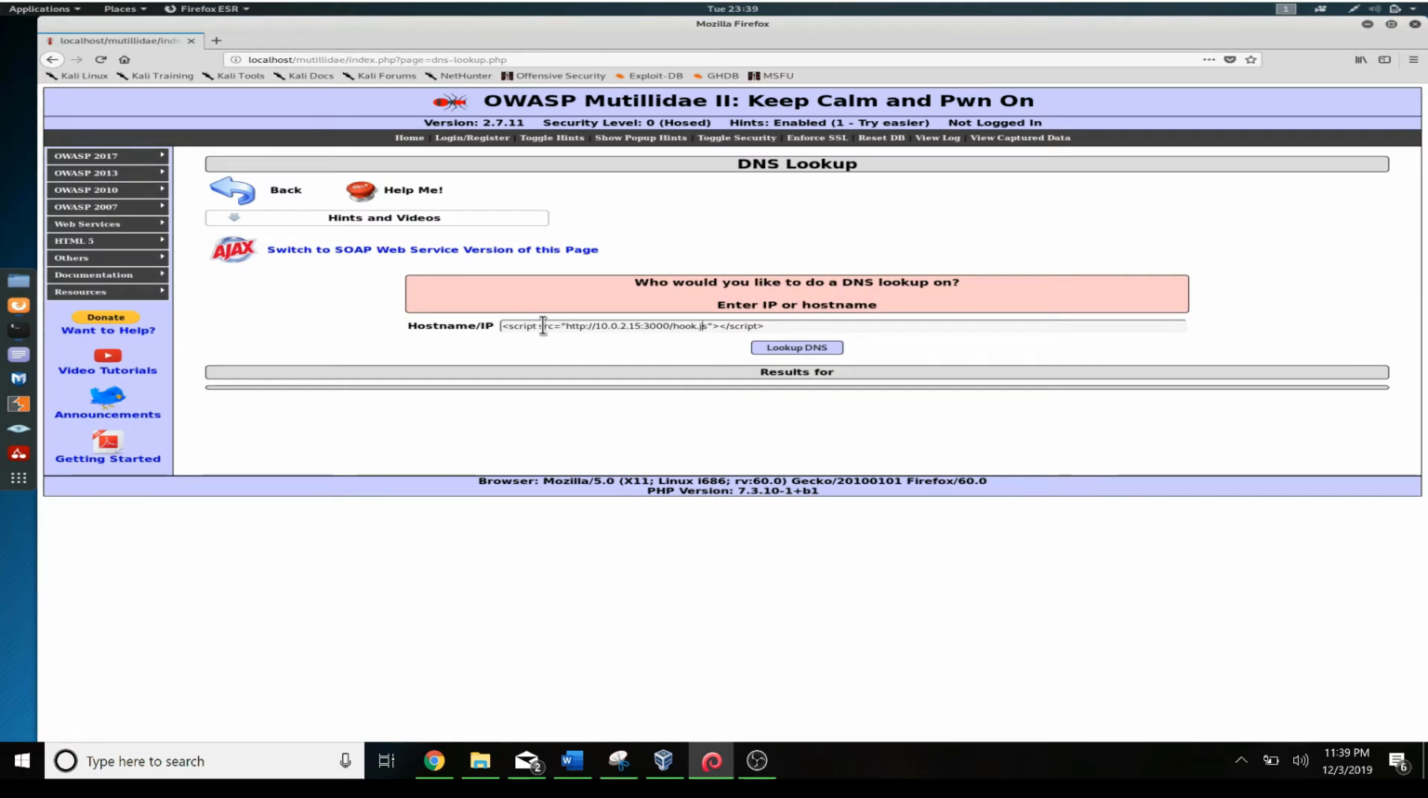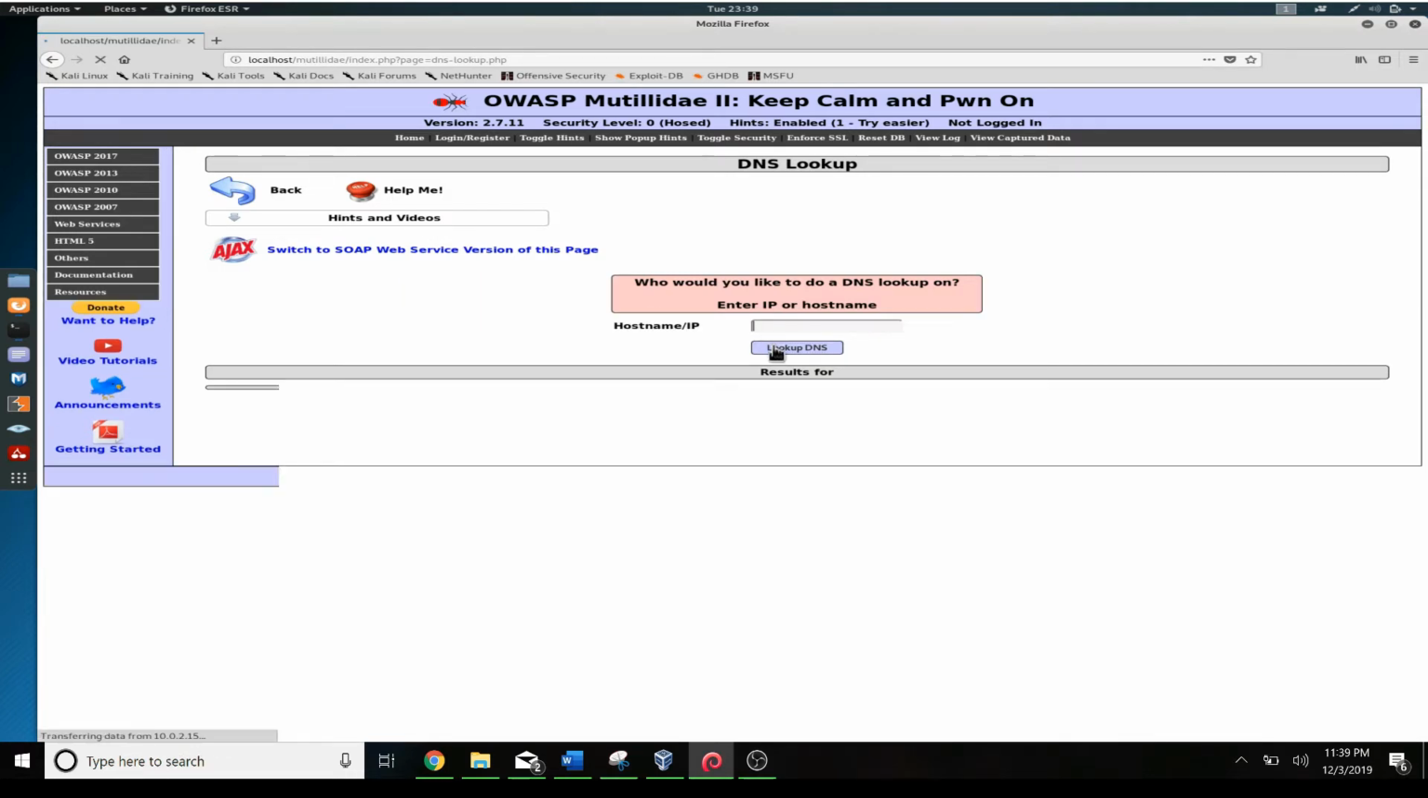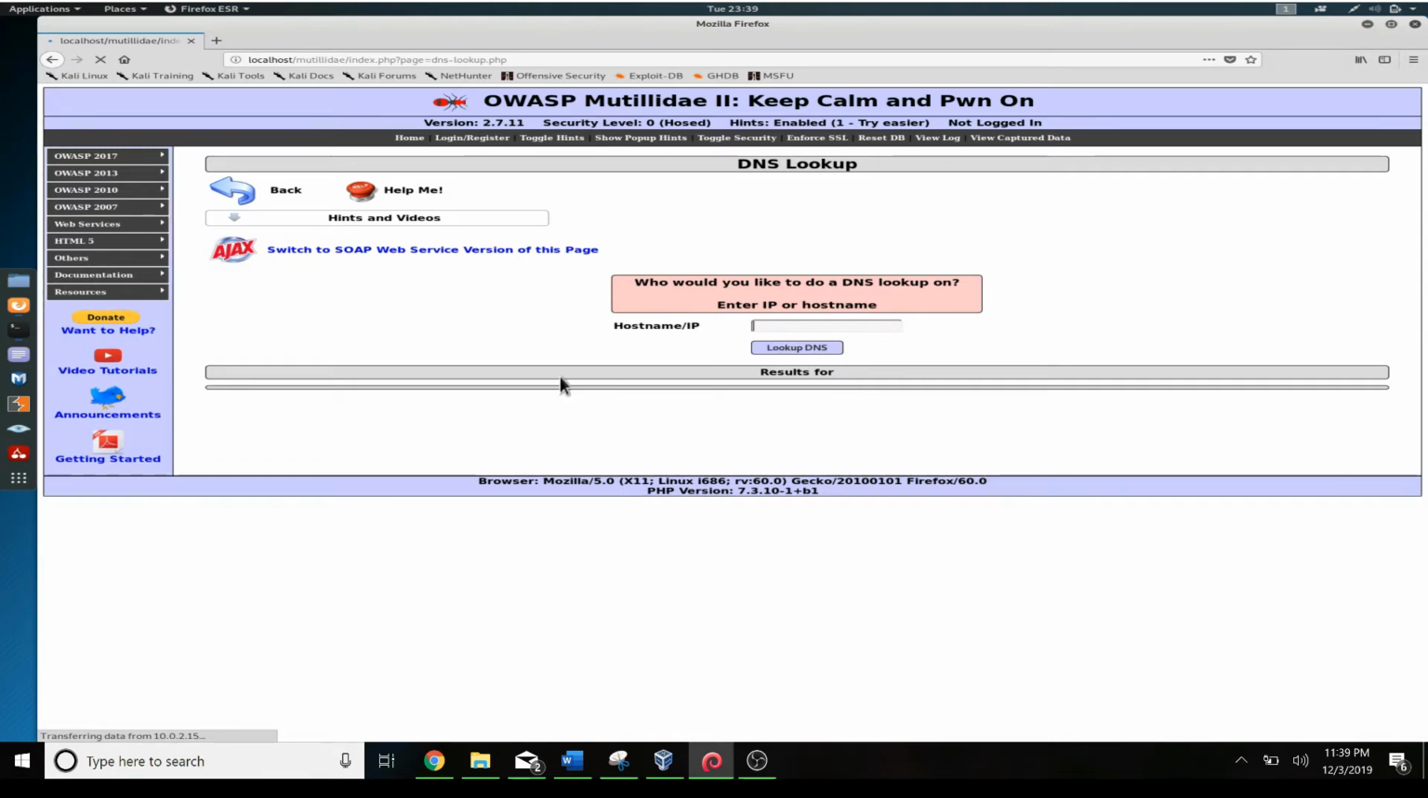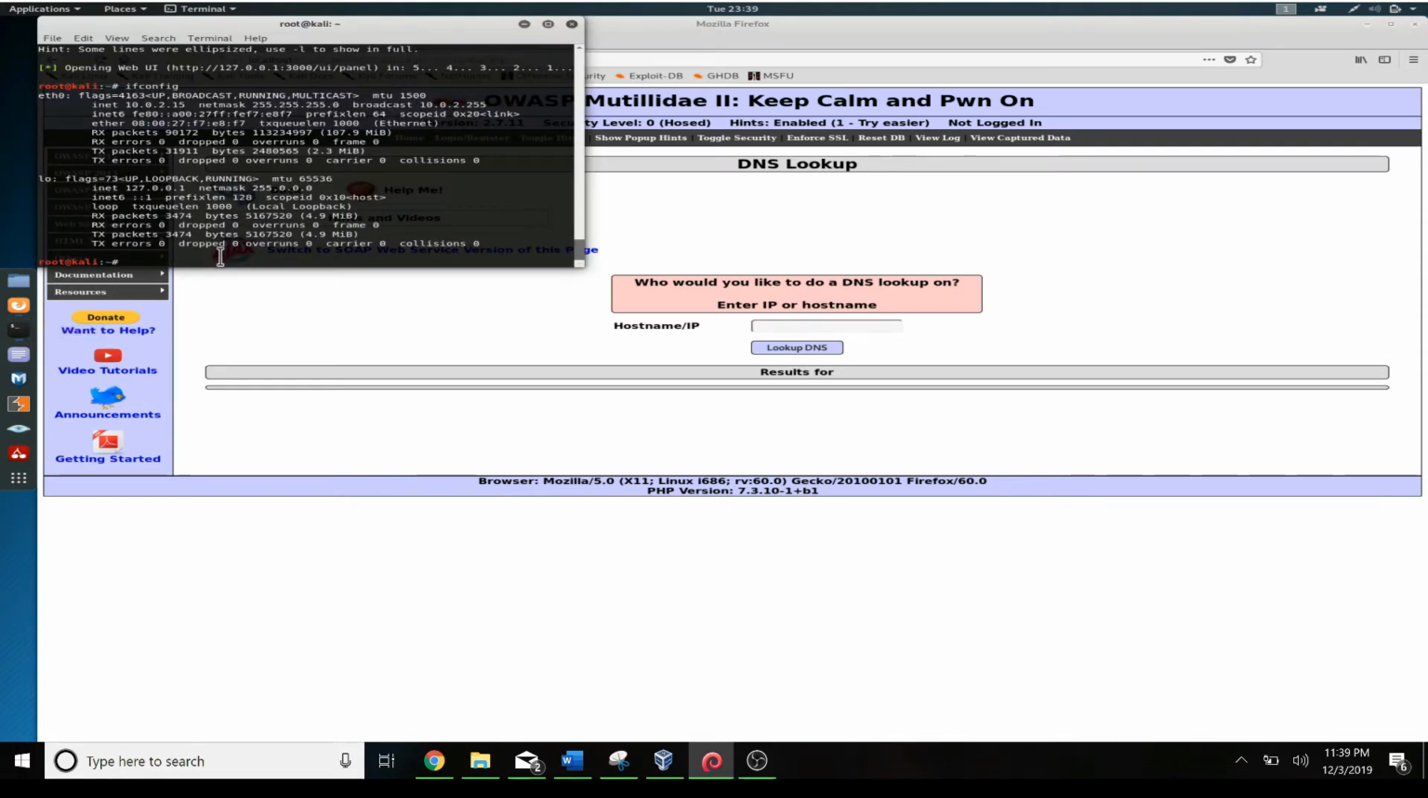So what we're going to do is we're going to insert this script source into it, and we're going to press lookup DNS. And as you can see here, there's not going to be any results. But what this is going to do is we're going to inject this into here. So now if we boot up or start up our BeEF exploitation framework,